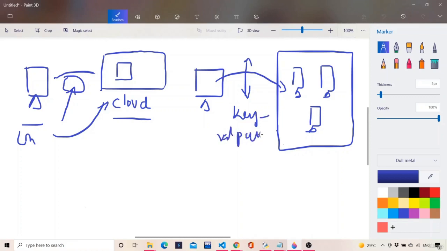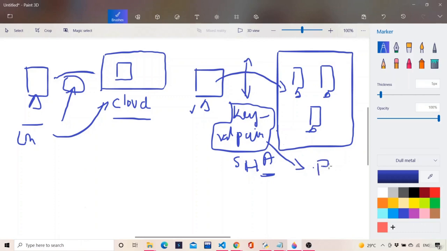There is an SHA algorithm running behind the scenes which will give me an SHA key value pair. This is an encryption algorithm which confirms that the local machine which is giving you the request is verified by our IPv4 DNS servers. Just understand this: the request you are getting on this local machine is being verified, in short. So this key value pair, in a future video you will see, will be a .pem file.